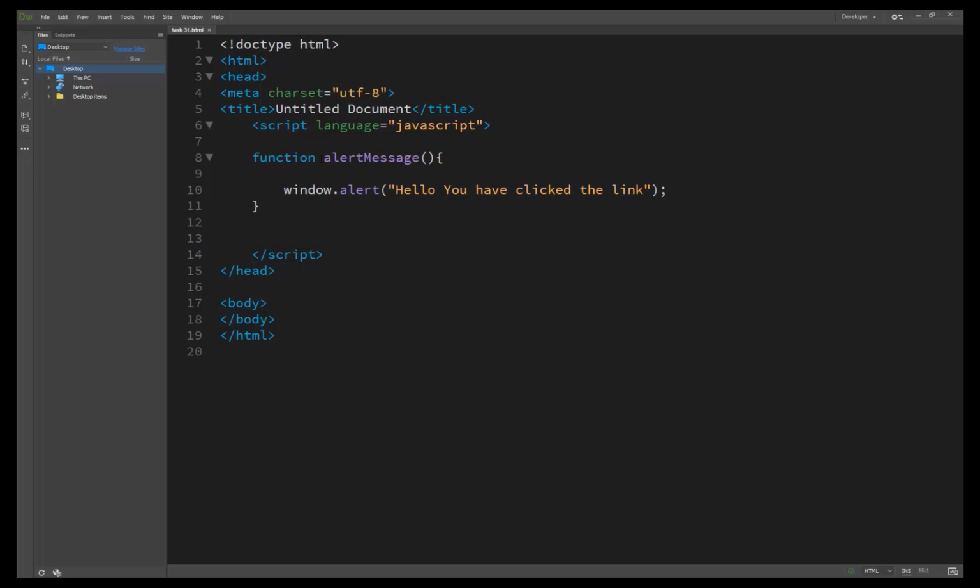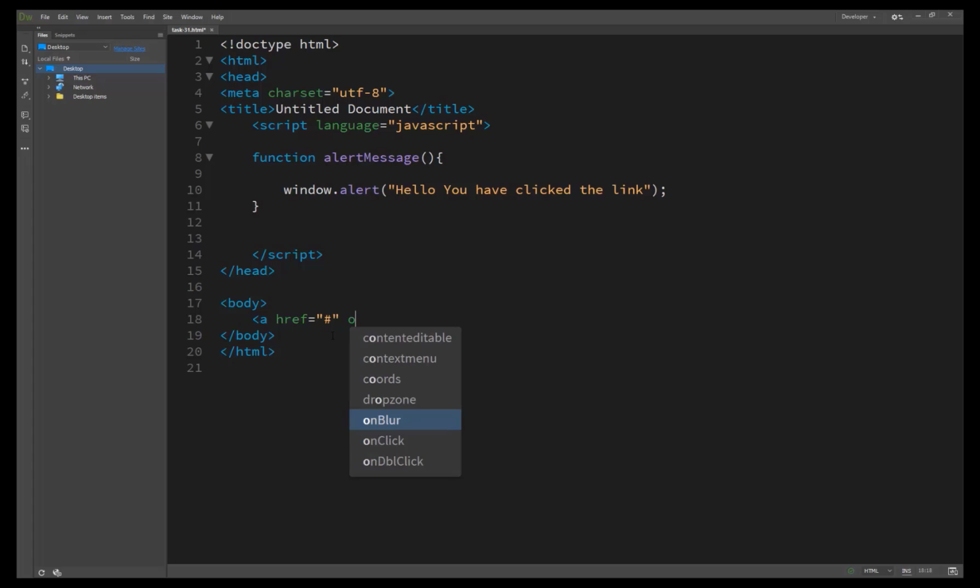Now the technique is here. Inside the body we use an anchor tag and href with a hash sign, so that our text is converted into a link. If I remove it, it can't be understood as a link, so we must pass a hash for a blank or dummy link.